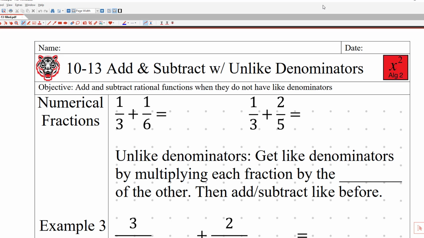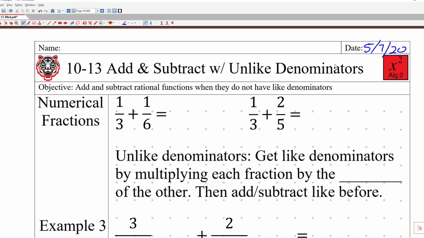This is Algebra 2, Lesson 10-13, add and subtract with unlike denominators. Today's date is Thursday, May 7th, 5/7, 2020. Our objective today, as the title implies, is to add and subtract rational functions when they do not